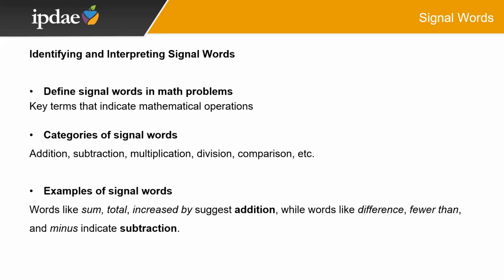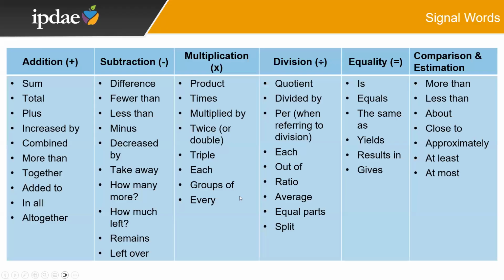But as we all know, that's not 100% always the case. But the first step is establishing what these words mean in most situations, and then pushing our students to use the close reading and context of the word problem given to figure out if that's precisely how they're being used in the immediate context. And so along those lines, here's some of those signal words, a pretty big list, not exhaustive, of course,